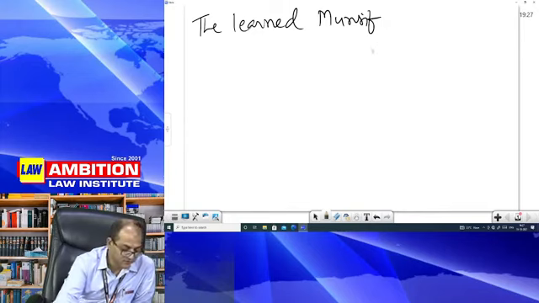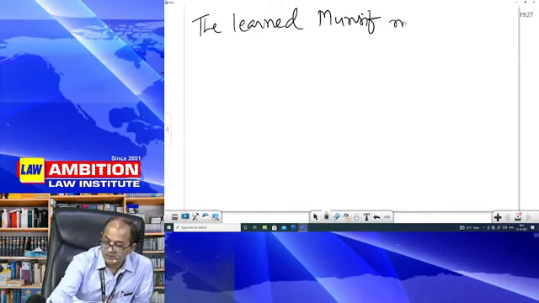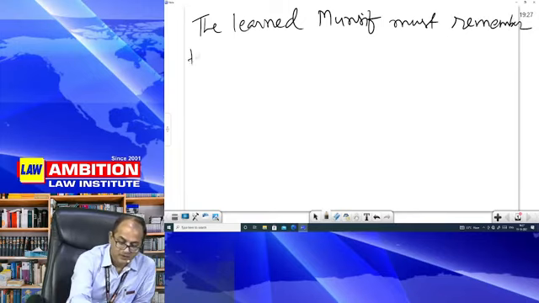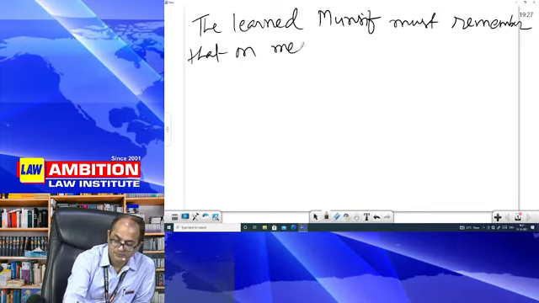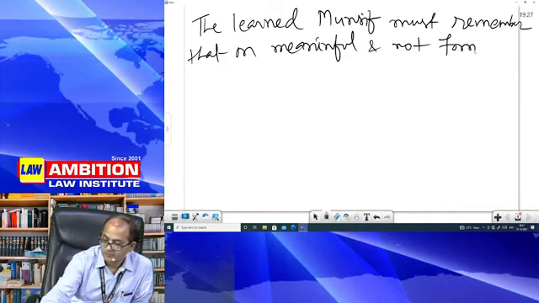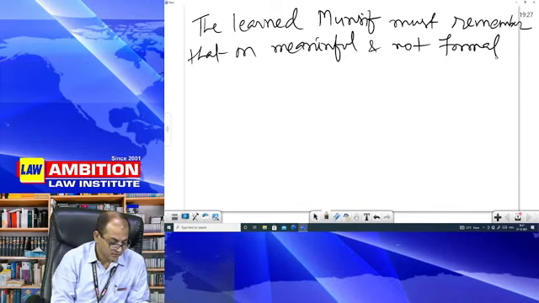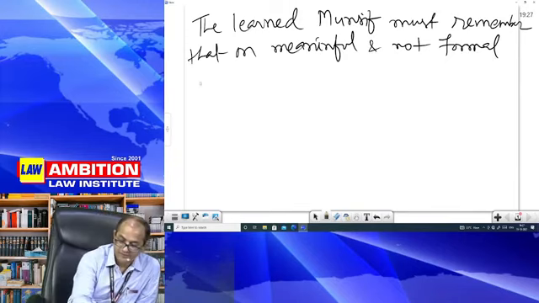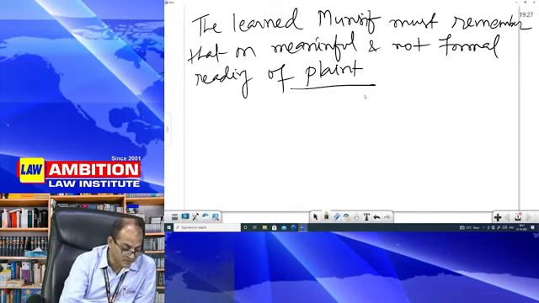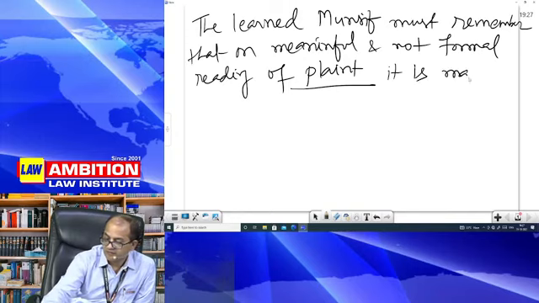Then I will tell you about cause of action. The learned Munsif must remember that on a meaningful and not formal reading of the plaint, the plaint always includes documents, reading of the plaint, it is manifestly